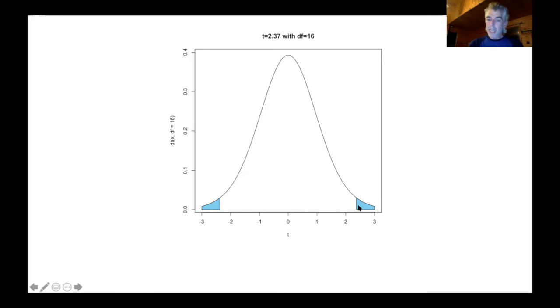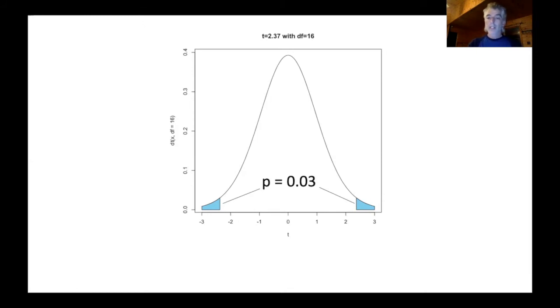So if we take a look at this observed test statistic then, we can tell right off the bat that it's really pretty unusual relative to what we would expect if the null hypothesis were true. So 2.37 for a t-test statistic is actually pretty big, pretty unusual. And we can calculate then a corresponding p-value that is a two-tailed p-value corresponding to both of these areas summed together as